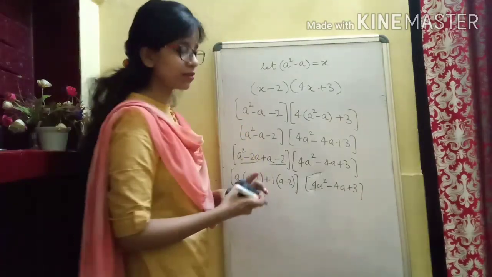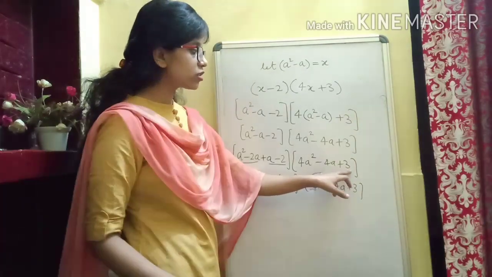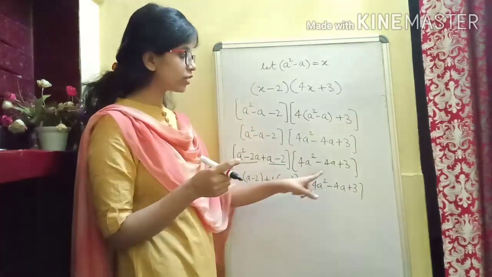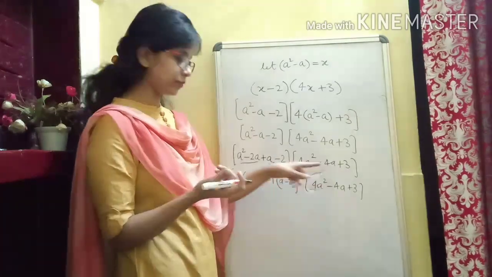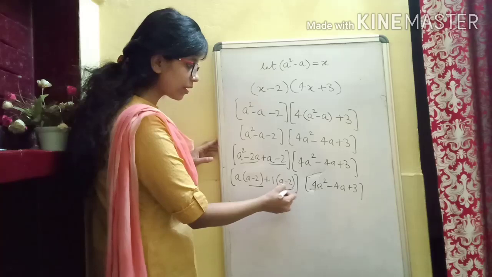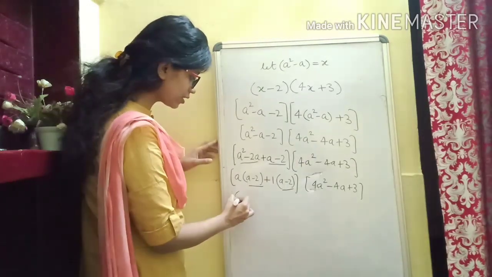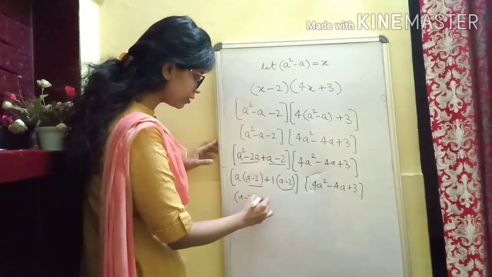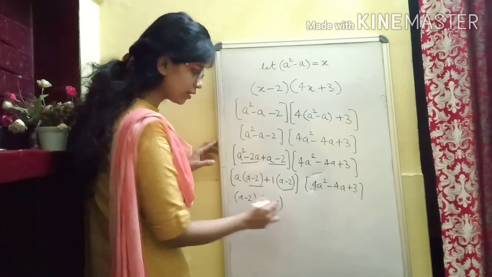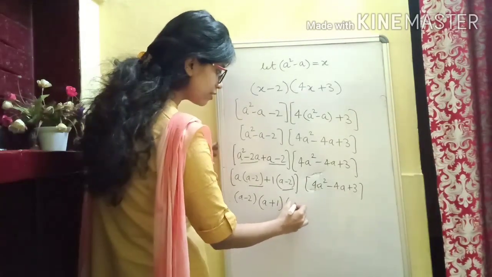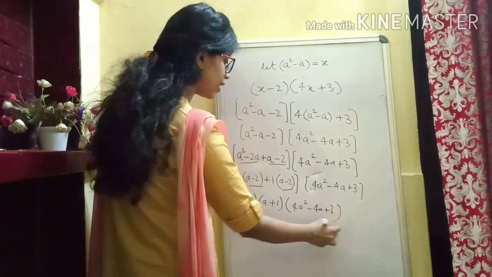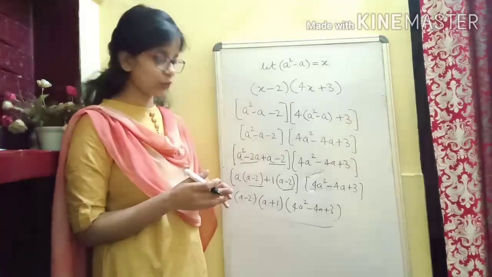This bracket we will write as it is because you cannot factorize it. You can check that there is a constant term and a coefficient; you have to multiply, factorize, and then try to get the middle term. By the way, here we are getting a minus 2 further common. So we can take a minus 2 common. What do we have? a here and then plus 1, isn't it? And this bracket, which is 4a square minus 4a plus 3, and that's how we have factorized our given question.